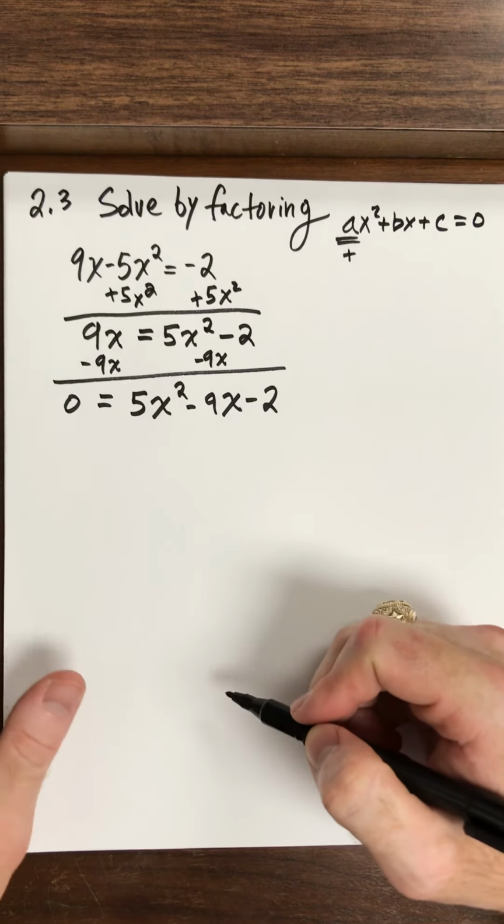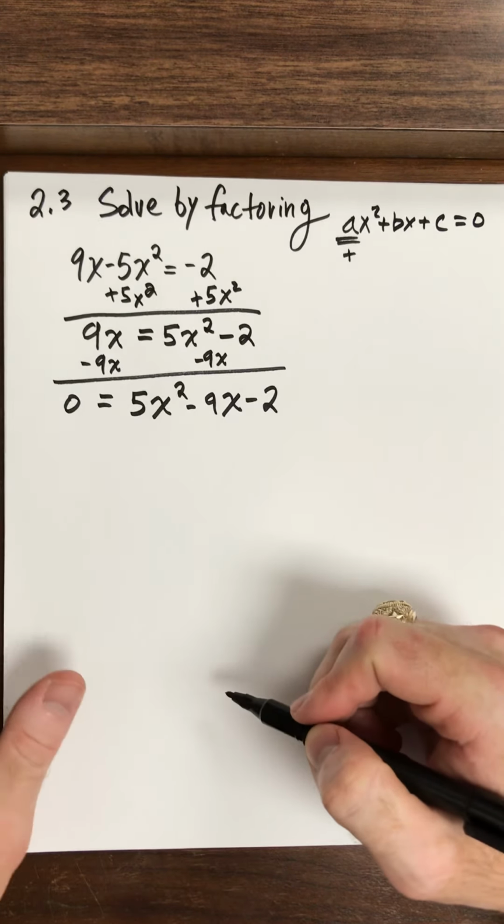What's in common between these two? There's a 5 and an x, so I pull the 5x out. So what do I have left? I've got x minus 2 here. Is there anything in common between the x and the negative 2? No. So what do I have? I've only got the 1, the plus 1 that comes out. If nothing in common, you can always pull a positive 1 out. So what's left? An x minus 2 and an x minus 2. So what do we have? I have x minus 2 times